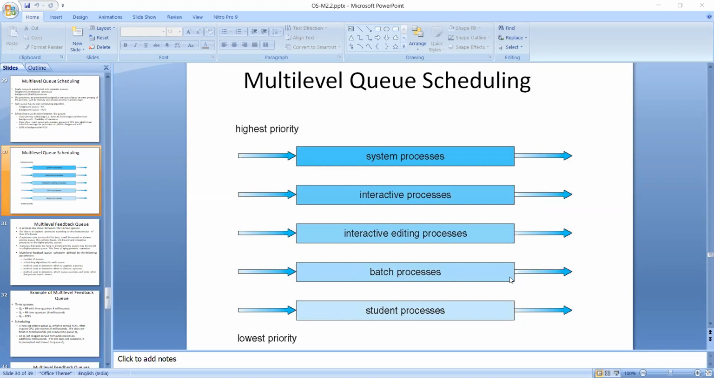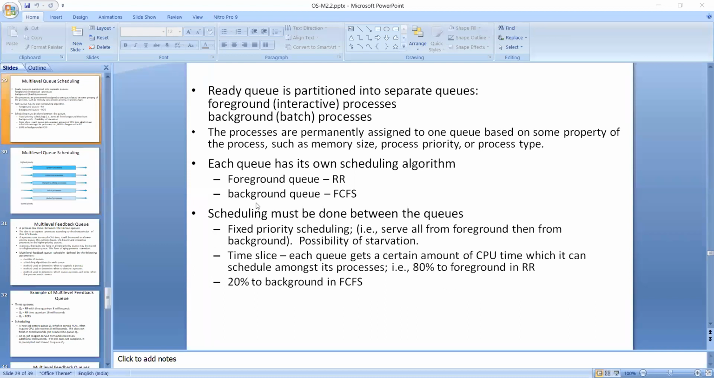Okay, this is multi-level queue scheduling. Understood this? The scheduling must be done between the queues with fixed priority scheduling. Completely, the higher priority process will get executed. After that only, the lower priority queues will get the CPU scheduled for their processes. And here the problem with this